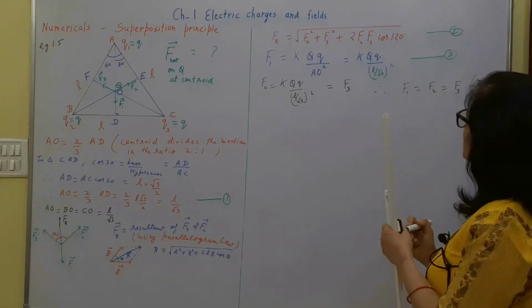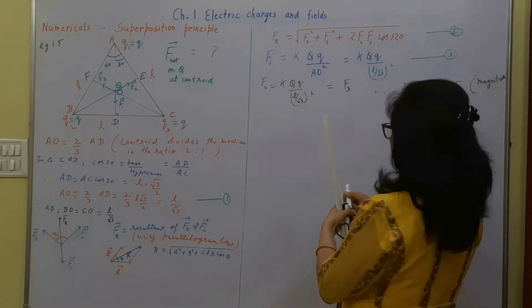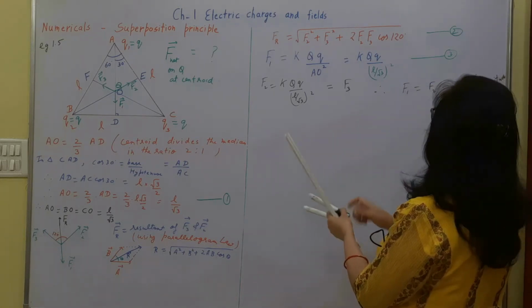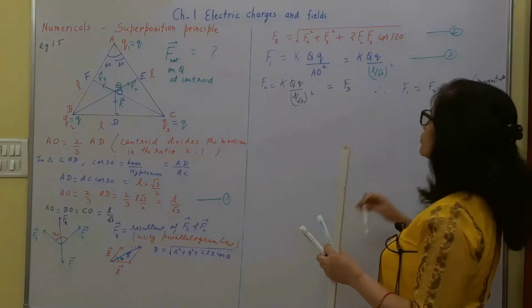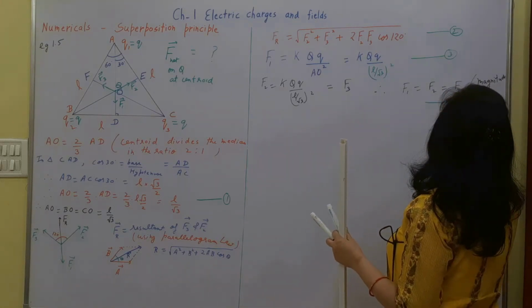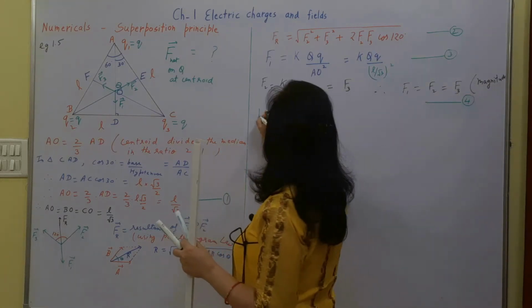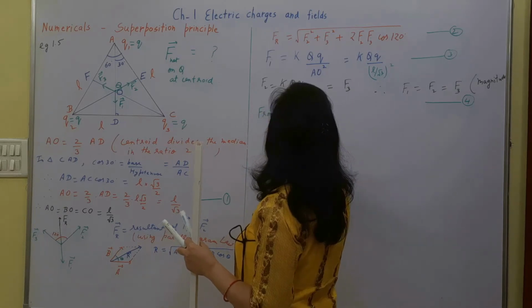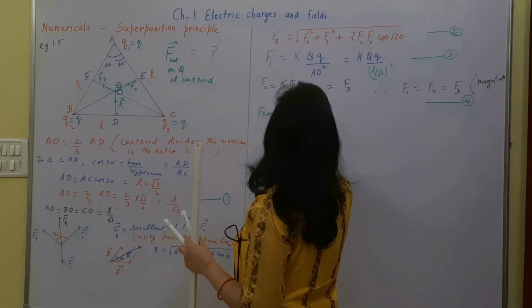Right? So if I put this in equation 2, so this is 4. So from 4 in 2,